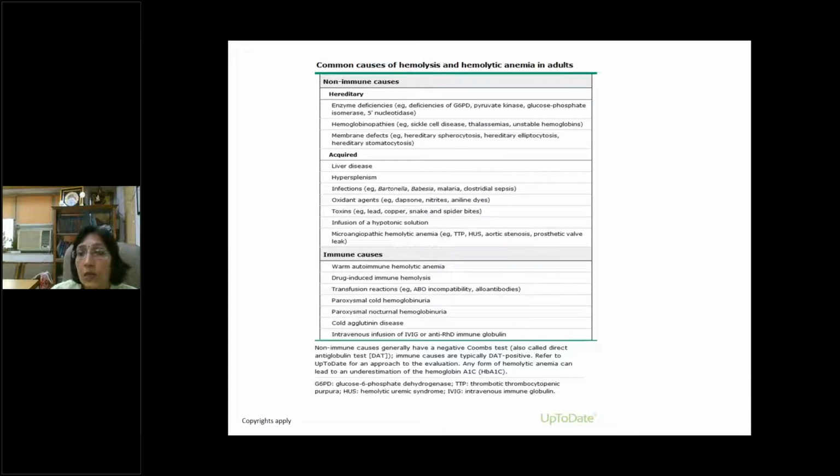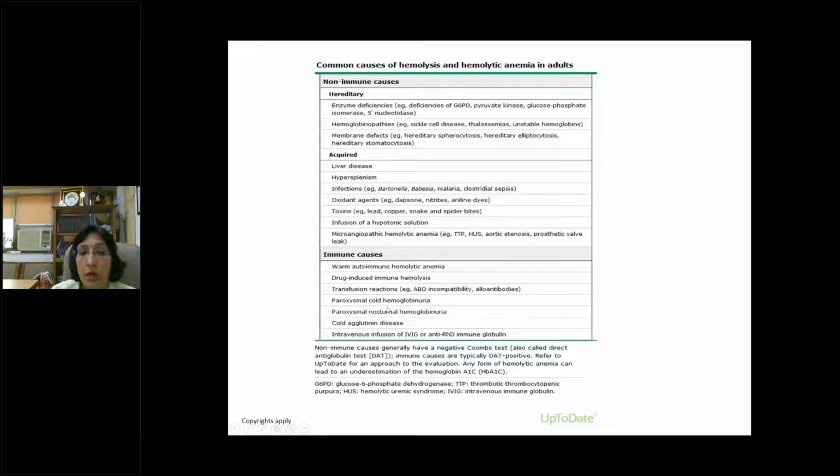Warm because in this the antibody acts only at body temperature, like 37 degrees centigrade. Cold, in which the antibodies don't react at this temperature, usually react at the lower temperature, that is 4 degrees centigrade. Maybe drug induced immune hemolysis. There are various drugs which, when we give them to the patient, can lead to an immune reaction and hemolytic events. We have already discussed causes of hemolysis: ABO blood mismatch, paroxysmal cold hemoglobinuria, paroxysmal nocturnal